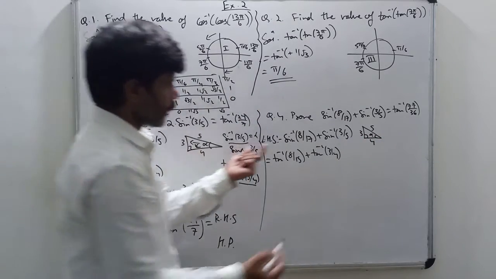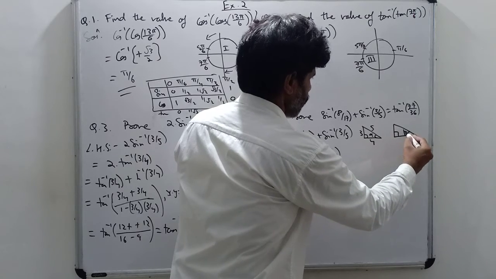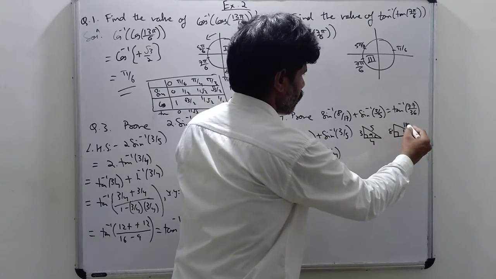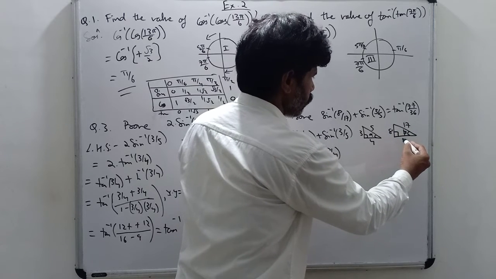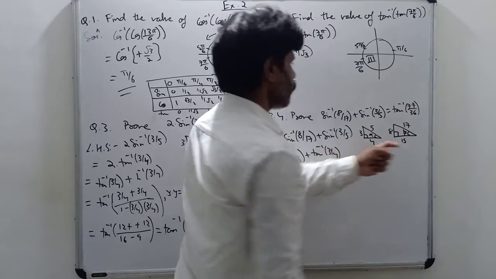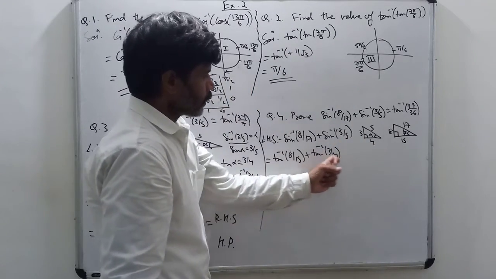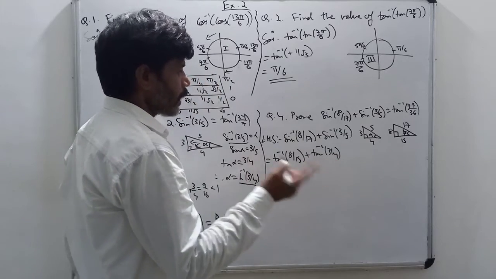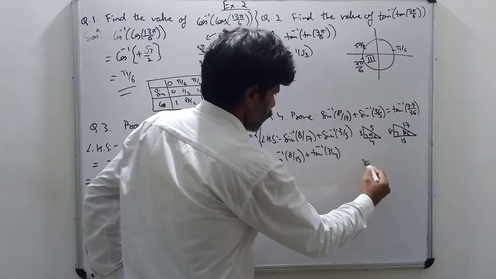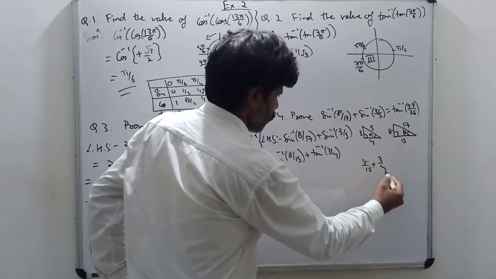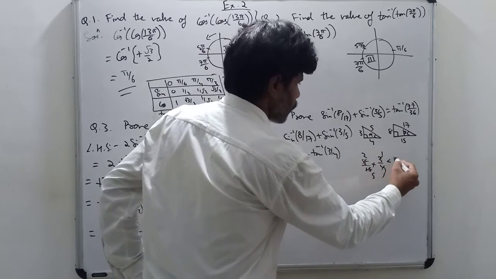Same reason. And for sin inverse of 8 by 17, again let this be beta. Sine means opposite upon hypotenuse. So by using Pythagoras theorem, 17 square minus 8 square, you will get 15 square. So the square root of 15 square will be 15. Now tan inverse of x plus tan inverse of y is equal to tan inverse of (x plus y) upon (1 minus xy) when xy is less than 1. So here also we'll check the product, 8 by 15 into 3 by 4. So you are getting 2 by 5, which is less than 1.